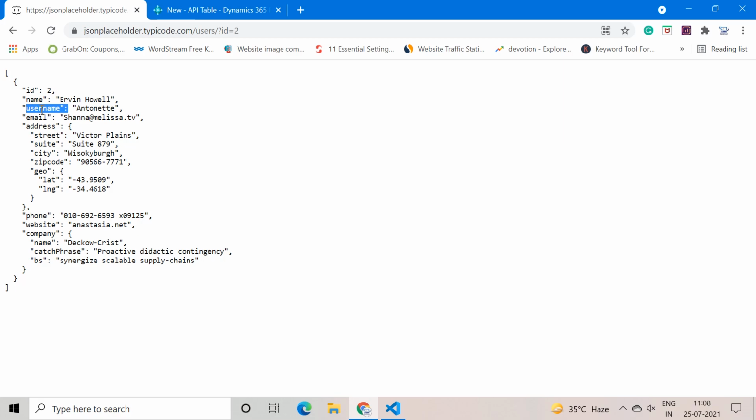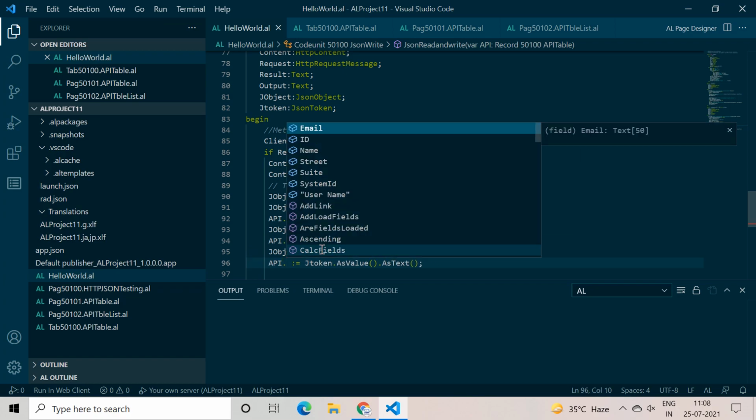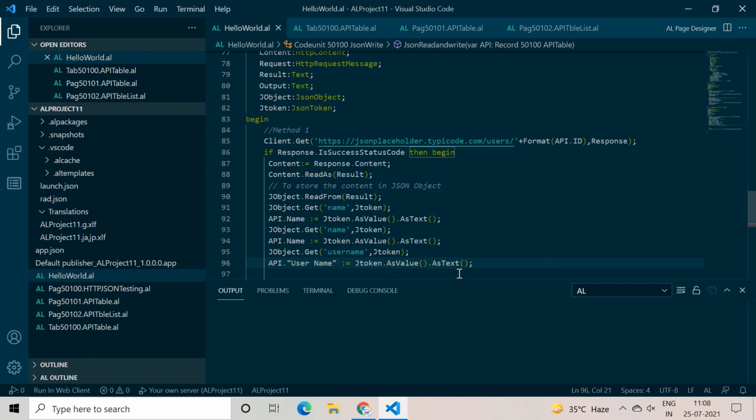Not like that, you have to pass the complete caption. All right, so now we have passed the username here, and we can call it username here.